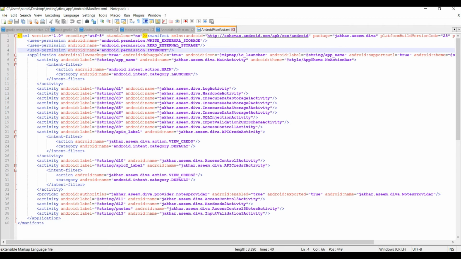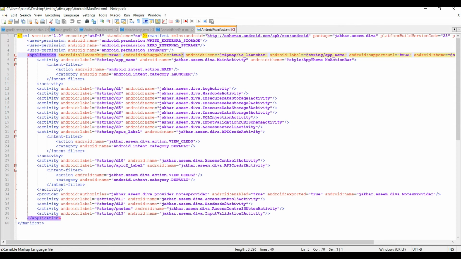In normal applications, if the application requests more than the required permissions, we can mark it as a negative thing. So that is also one kind of flaw. The next thing to look at is the manifest file. Here you can see android:allowBackup equal to true, as well as android:debuggable equal to true.